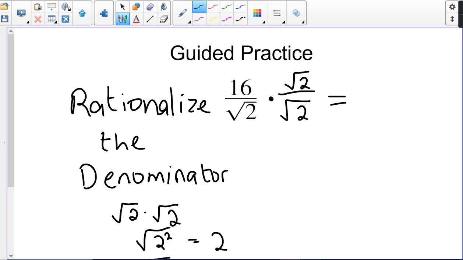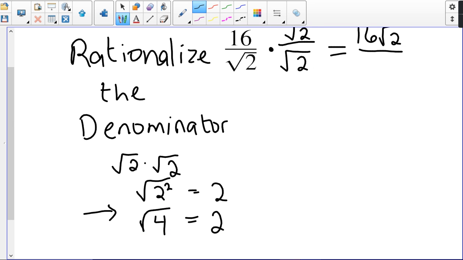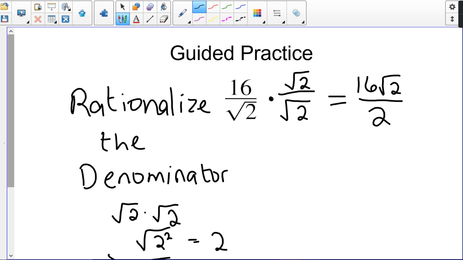So if we multiply across now, 16 multiplied by root 2 is 16 root 2. We don't multiply 16 times 2 because the 16 is outside the radical and the 2 is inside the radical, they don't mix. So we just keep it 16 root 2. Then when we multiply root 2 times root 2, I just showed you that we end up with the whole number 2. Now that the 2 is out of the radical, we could simplify it with the 16 on top because now they're both whole numbers outside of a radical. So 16 divided by 2 is 8. So we actually have 8 root 2 as our